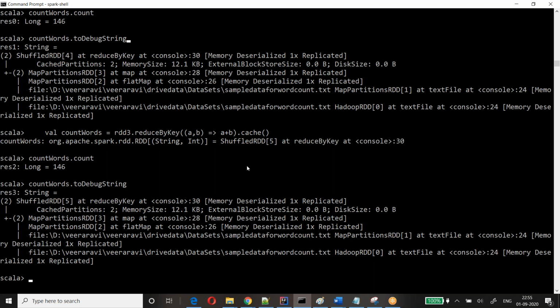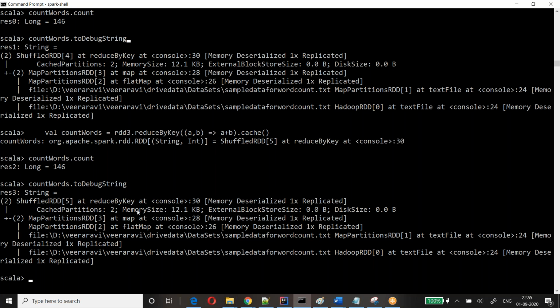So what I'm trying to show you is that when you do a persist or a cache, it will keep the lineage graph information in memory. In case of any failure, it will reconstruct. That's what we read yesterday from the document.